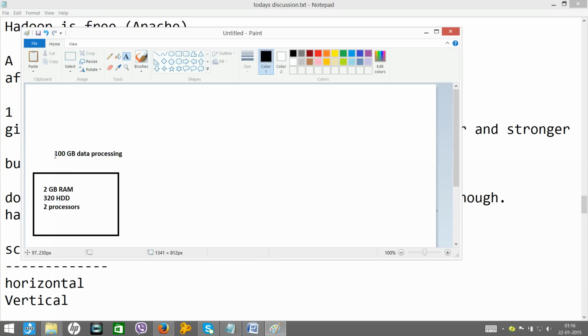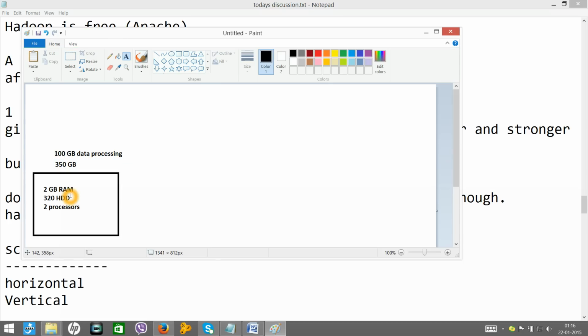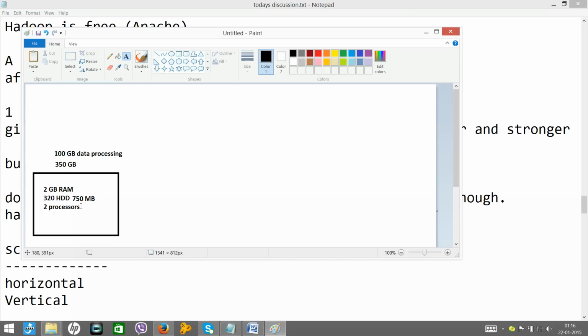After a few months, your data became huge and it became around, let's say, 350 GB. At that time, this hard disk is not sufficient, and you may have to replace your hard disk with, let's say, 750 GB. And you felt that the processor is also not enough.